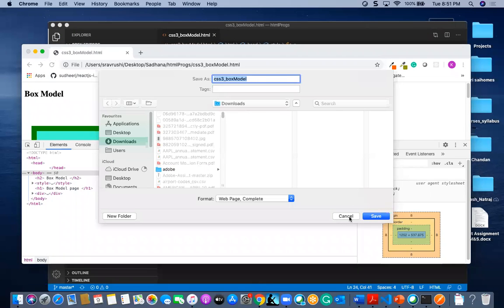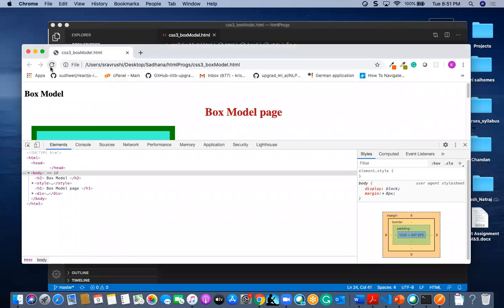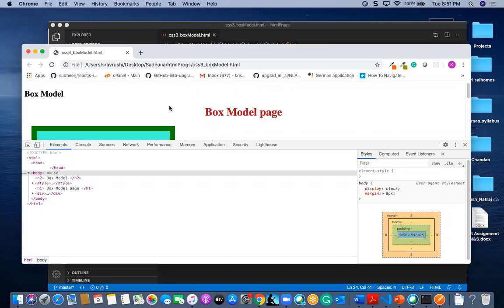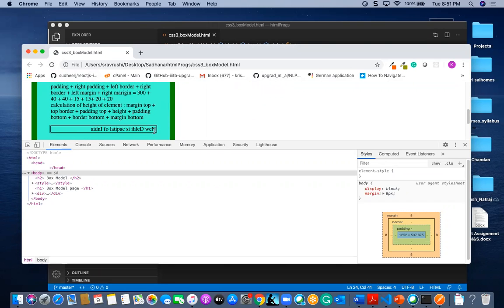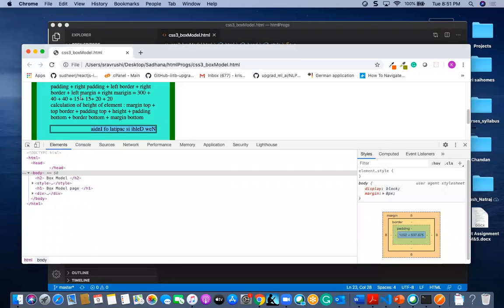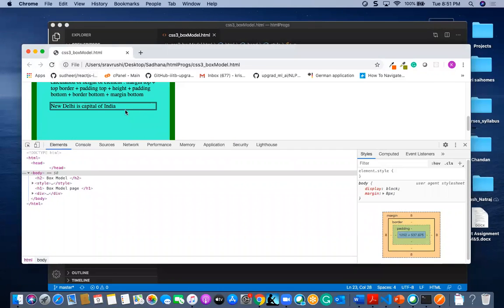And now you can find, see, from the left to the right, the statement is written, because we gave this RTL and also bidirectional override. These two parameters, if it is left to right, again it will go for the normal thing only, left to right. There we can find New Delhi is capital.